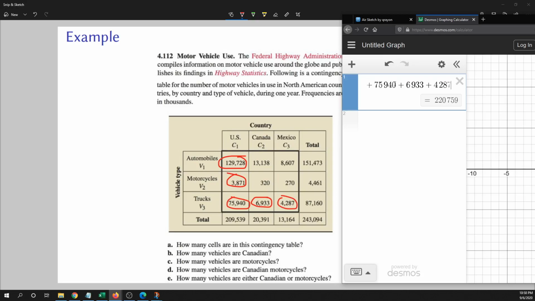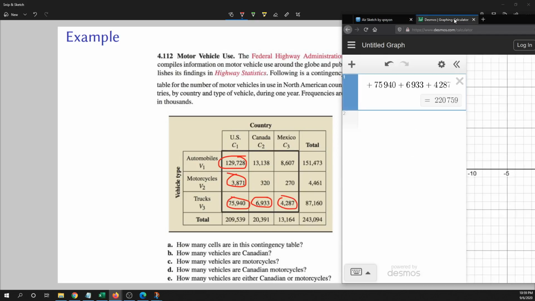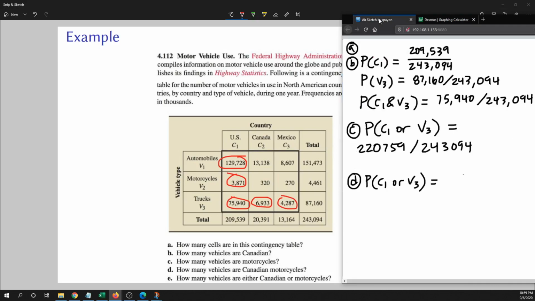So we get 220,759 divided by 243,094. I think I did that right. 220,759. Yep, looks good. Okay, so that's the probability. Again, the one thing that you would not want to do on here is to